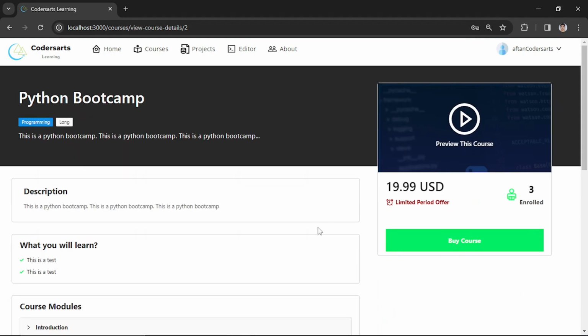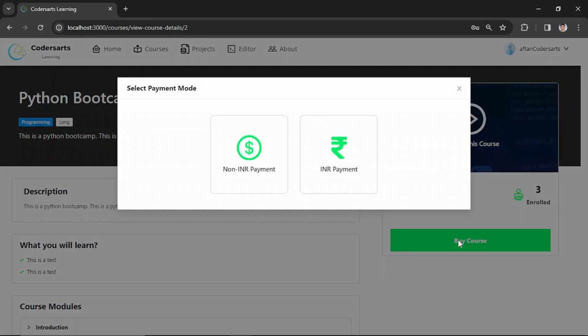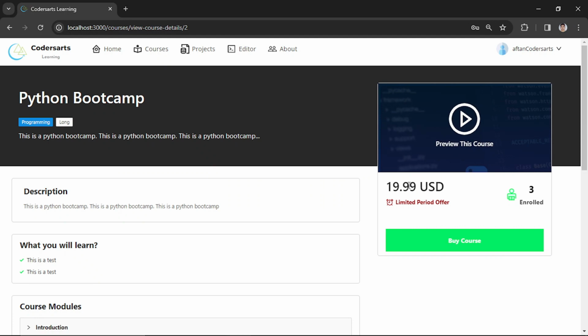No, I didn't purchase. So this is the pricing in 19.99 USD. So currently the price is in USD. If I go to buy course, it'll also convert the currencies. Let's say I am in India and I want to purchase this USD course in INR, so I'll click this one, by which I'll get the selected price tier, which is let's say tier 1. So what is the tier 1 price for INR? If it is the tier 1 price for USD, what is the corresponding tier 1 price for